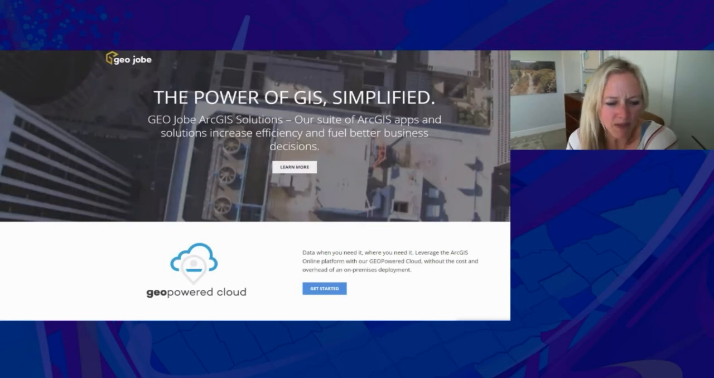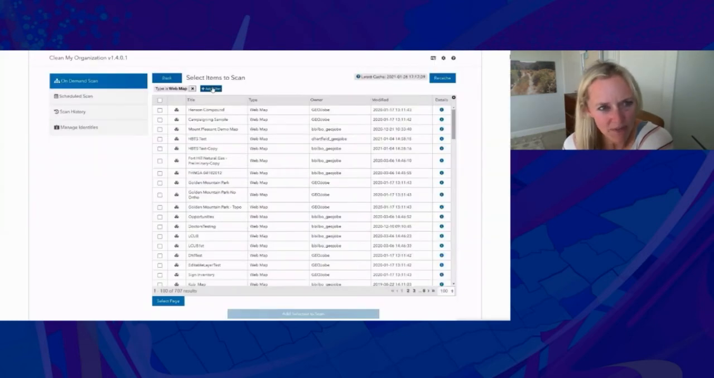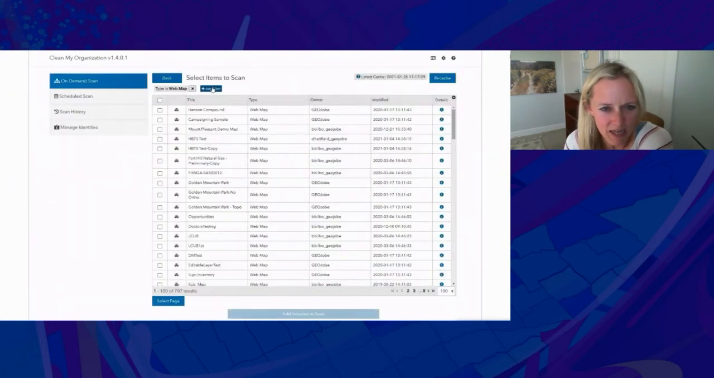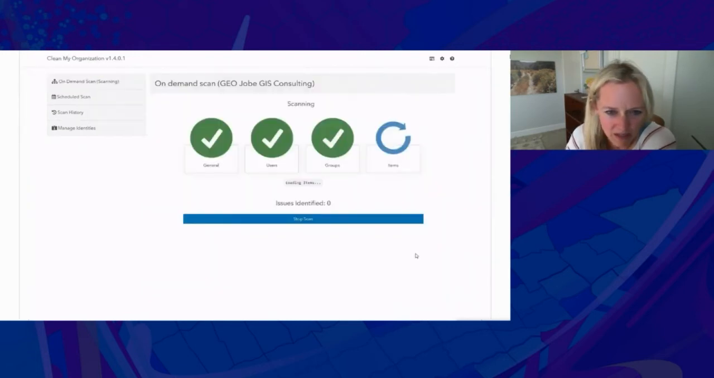And then we have business partners that are early adopters that are using Calcite. So this is GeoJob, and what I thought was pretty cool about their stuff is, when I look through the various parts of their applications, this is clean my org, and then this is backup my org. You can really see that consistency between their own applications, not just with ArcGIS. So you can really establish that consistency between your own apps, which is a definite benefit, and then that seamless